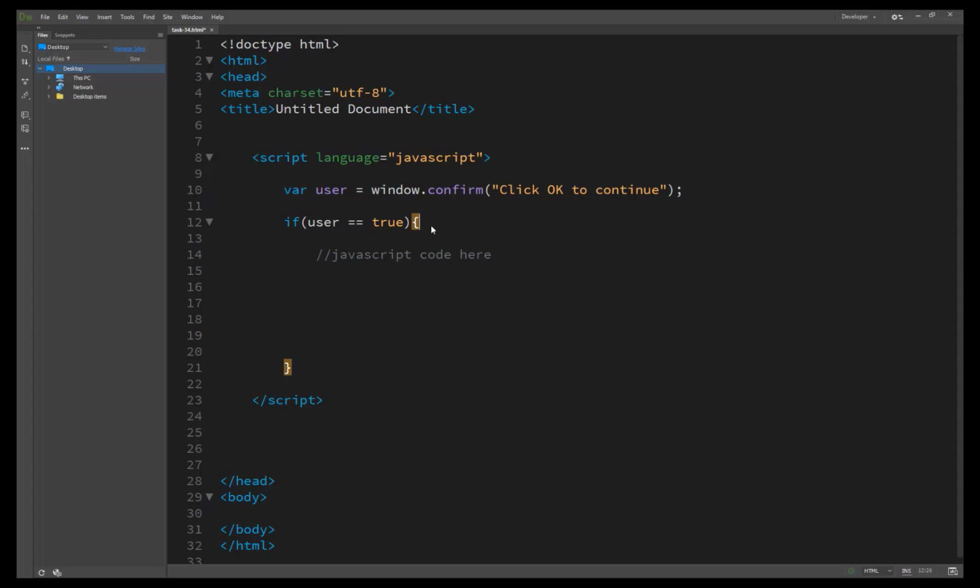If user is equal to true, document.write. We write code to print our message on the screen, and what we should write on our screen is user clicked OK.